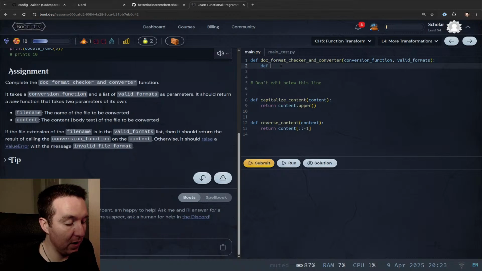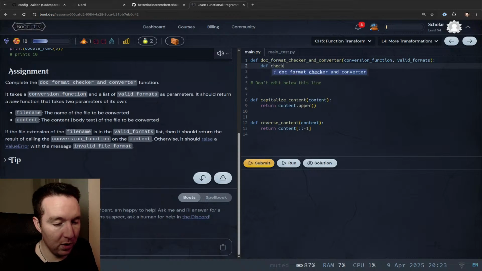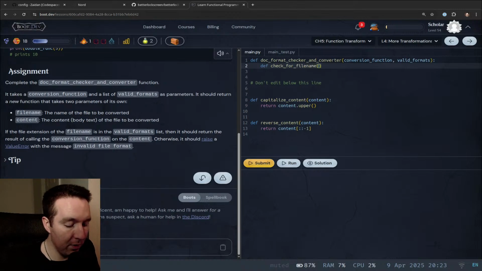Otherwise, it should raise a value error. So, conversion function, valid formats. I guess we could call it check, or check for file name. It takes file name and content,